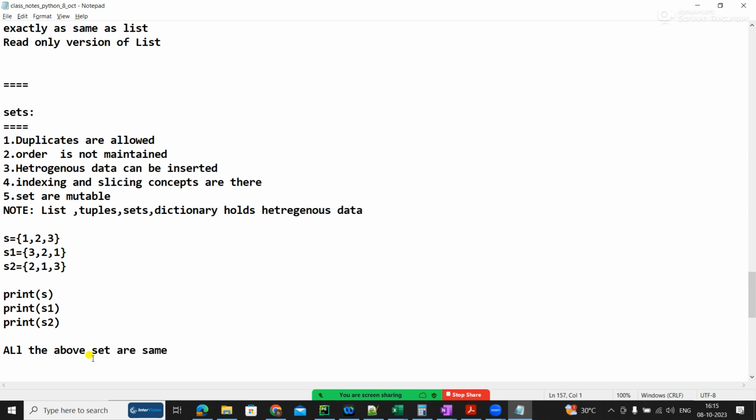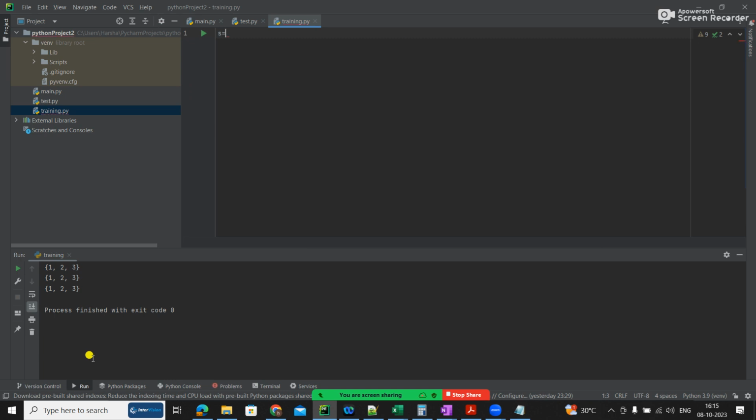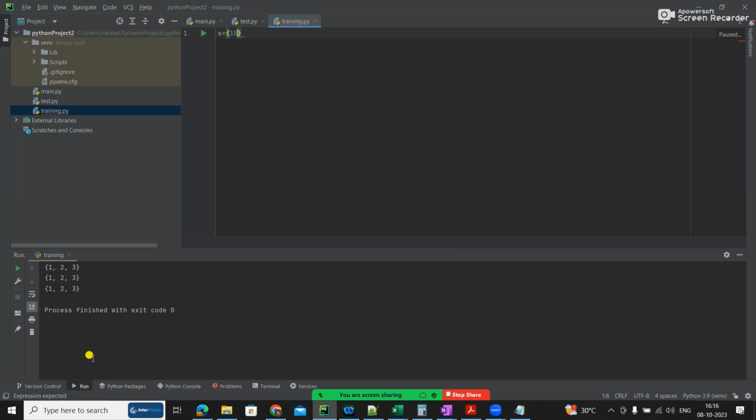Okay, so tell me, what is this? This is again a good thing. Before this, I will just show you how to add a value. If I have s equal to 10, 20, 30, I don't think we have append here.